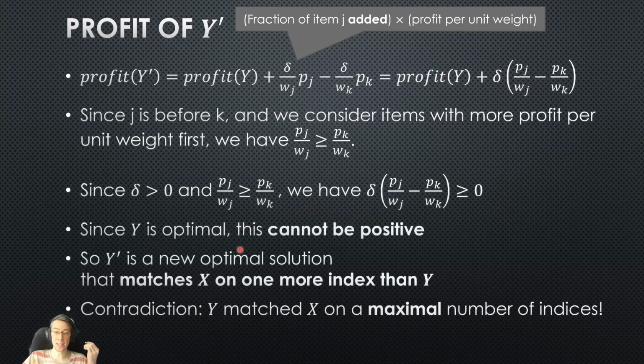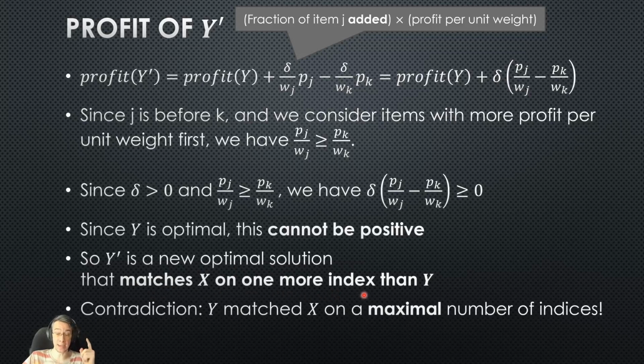Well, since y is optimal, indeed, this can't be positive, or else we have our old contradiction. If this expression is greater than 0, then we have our old contradiction, right? We've improved on the profit of an optimal solution. That would be an immediate contradiction, so this can't be positive. Well, it's greater than or equal to 0, but it can't be positive. That means it's exactly equal to 0, so y prime is a new optimal solution, and it matches x on